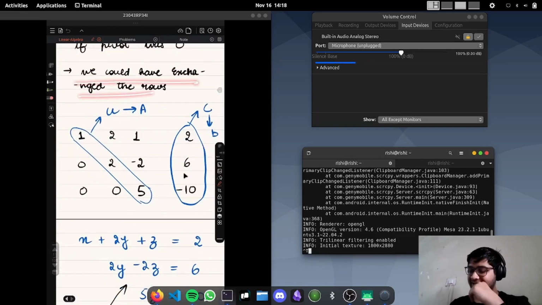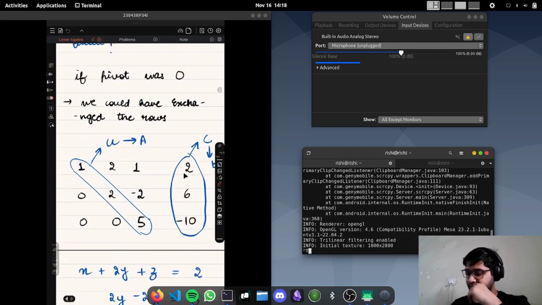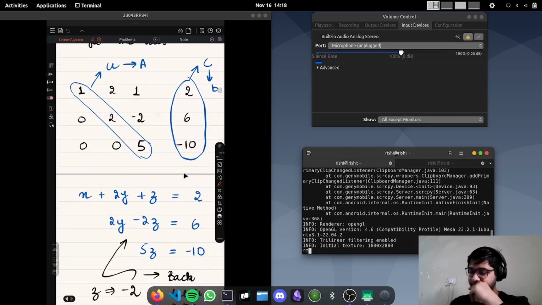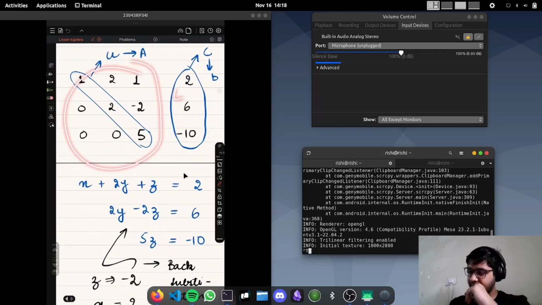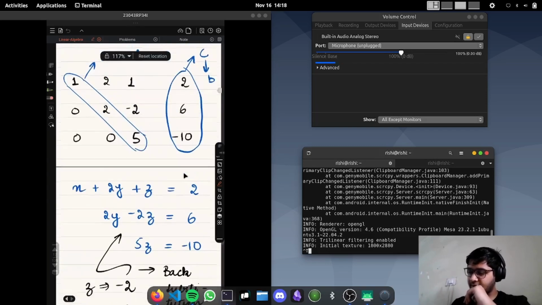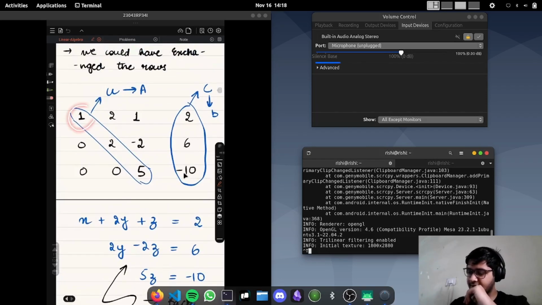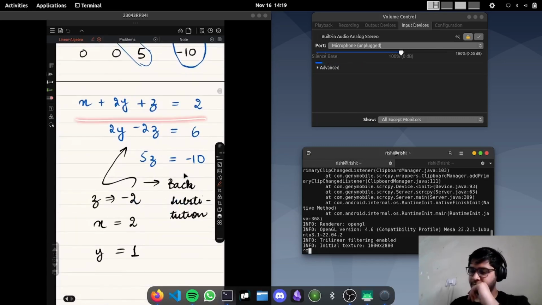What we could have done is exchange the rows. If the next pivot would have been 0, we could have exchanged the rows, because exchanging does not change the solutions. But now we have this new matrix, and the corresponding change of the right hand side. Now we can form the equations with our variables. This represents x, y, and z, as we know from the basics. So we can just do something like this,